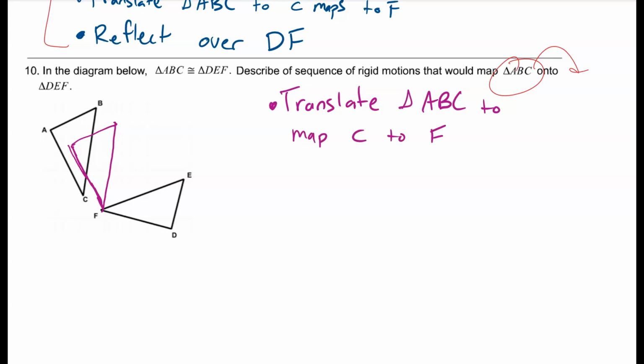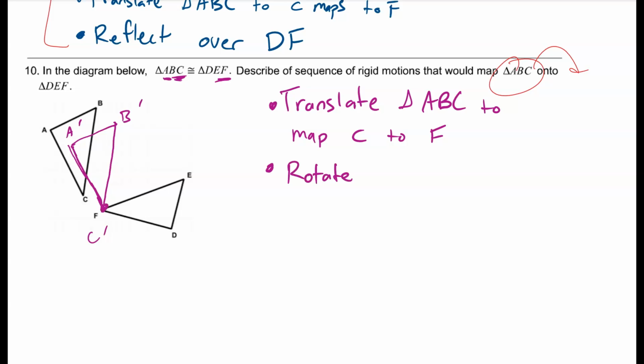Now, if you can't visualize where C is going to go, remember the order of the letters matters, right? So C is going to map to F, A is going to map to D, and so on. So now I've got like an A prime here and a B prime here. Now, I know that CB should match up with FE just based off of the order of the letters that I see. So if I rotate it,